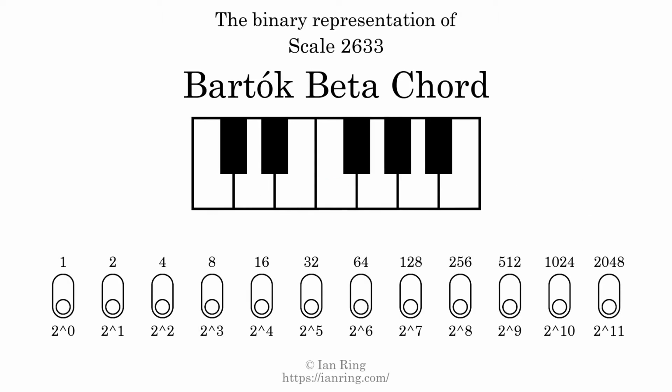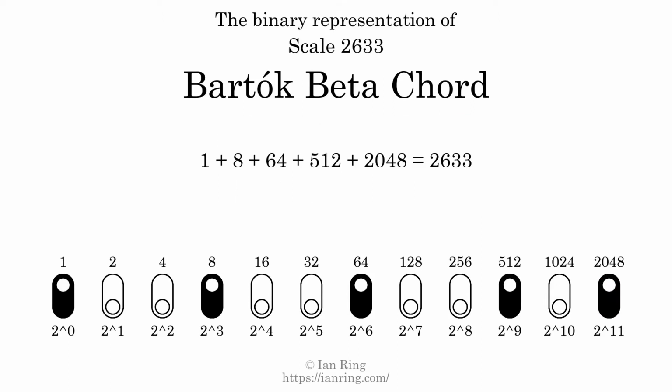The binary representation of this scale is determined by mapping tones of the scale to binary digits. Each binary digit represents a power of 2. To get the scale number, we add the powers of 2 together. The powers of 2 that are present in the scale, all added together, equals 2633. That is why the scale number, in decimal, is